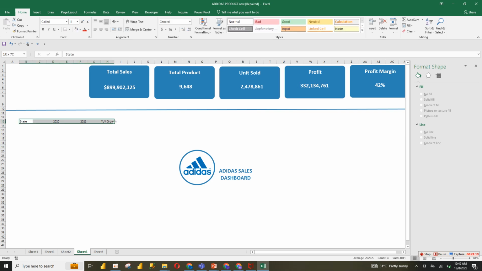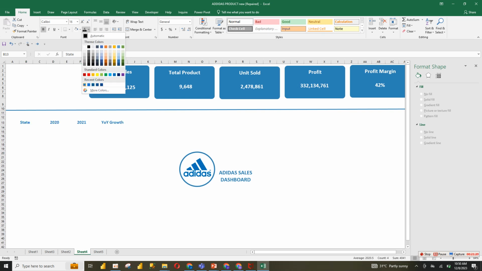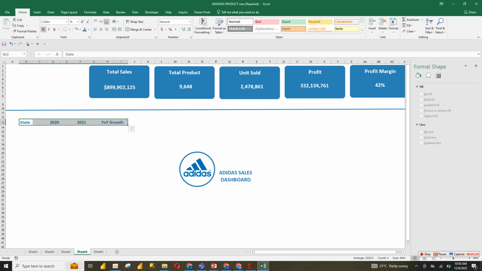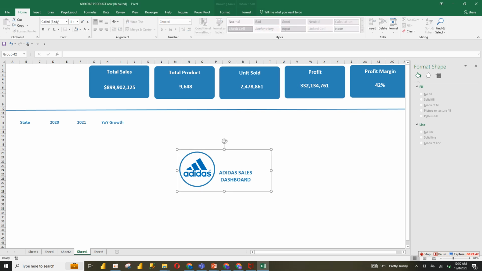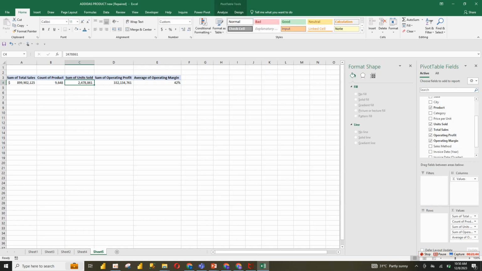So here I will just format it and increase it, change it to this color. We want this. So now we start bringing each of these states. Okay, now before then I haven't done the pivot table for that, so copy this pivot table,